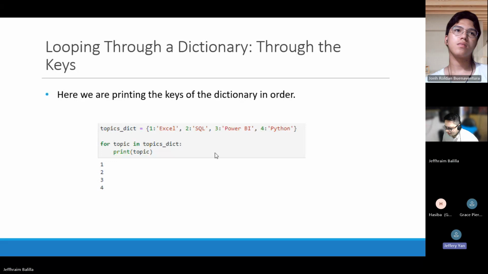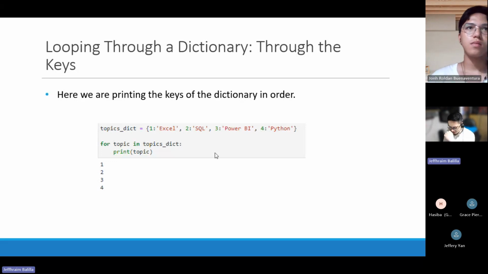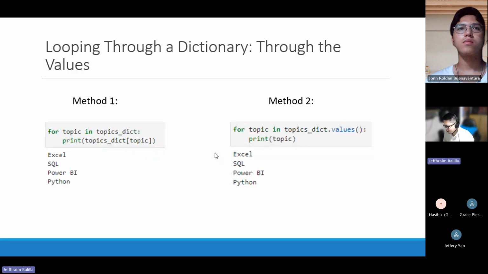Dot value? Okay, so the dot value would allow us to access those values in a dictionary, right? So let's see if that's the thing that we can use. That's correct. There are two methods that I have in here.